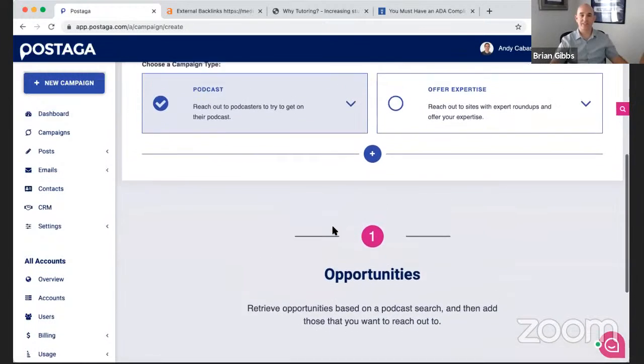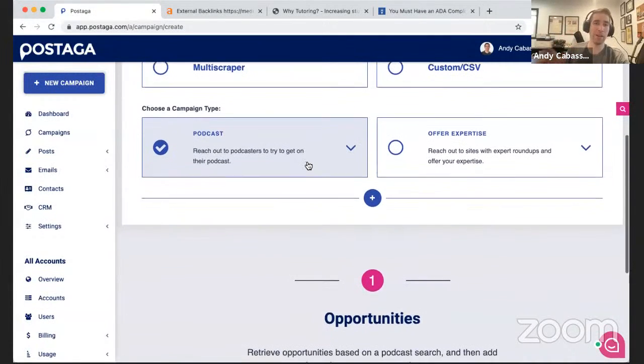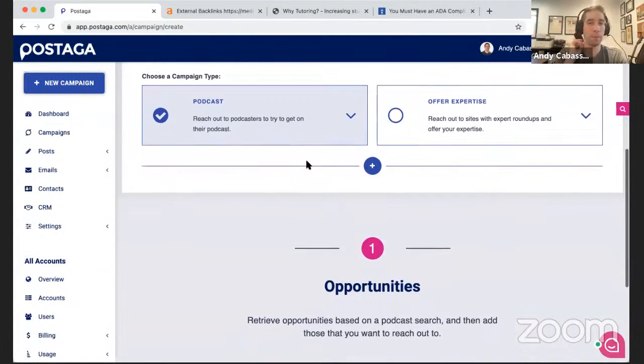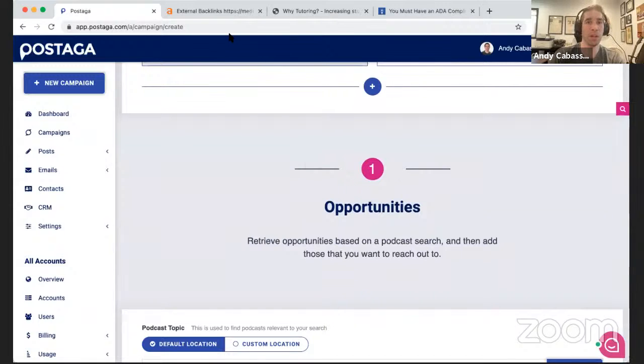Gotcha. In general, this has been my highest success rate pitch. I think it's just nowhere near as saturated as outreach for other types of link building and articles and stuff like that. I think there's a little bit of barrier to entry here in that you are the bottleneck. Like, I need to be the one appearing on this podcast and I have to have something worth saying on a podcast,